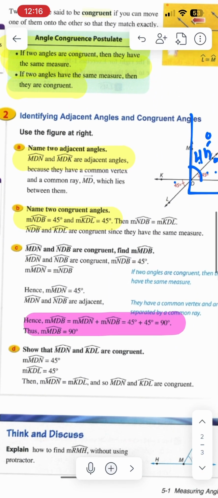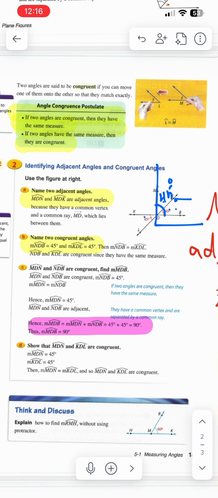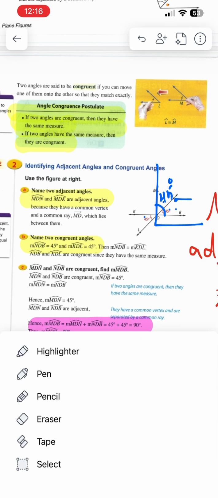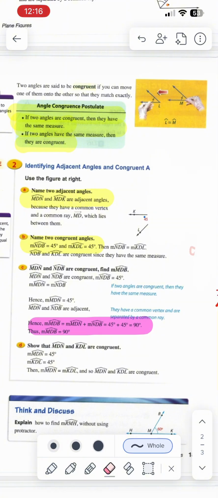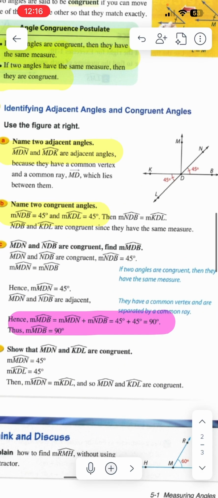Okay, now section D, show that MDN and KDL are congruent. Let's look at the figure again. And it says MDN and also KDL. In the previous section C, it was given MDN was 45 degrees. So they are equal according to